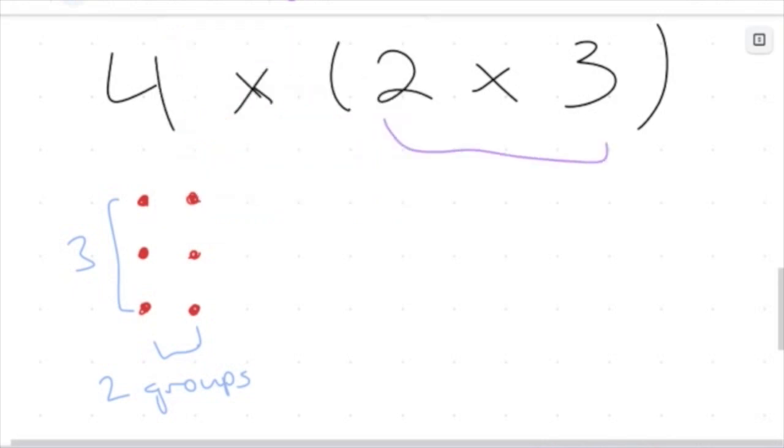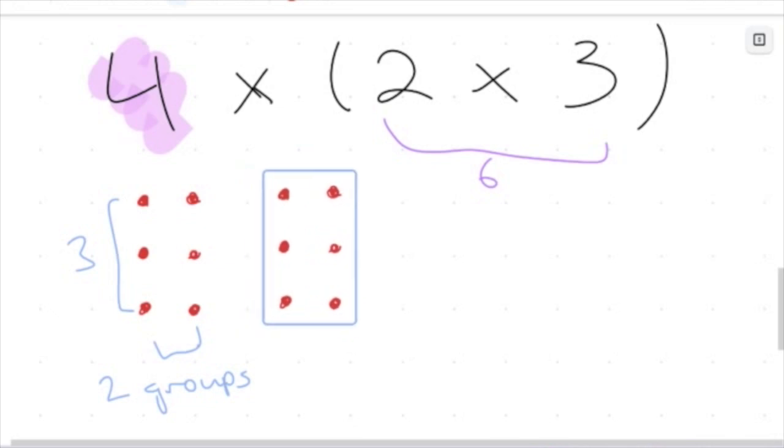So 2 times 3, if I count, I get 1, 2, 3, 4, 5, 6. That gives me 6. Now, let's take 4 lots of 2 times 3, or 4 lots of 6. So I'm going to duplicate this thing here, and I'm going to make it so I have 4 groups of this thing here. So if I draw this here, I have my second group,